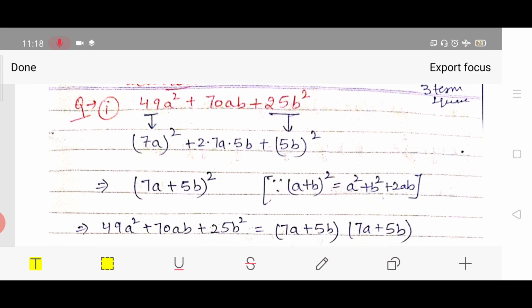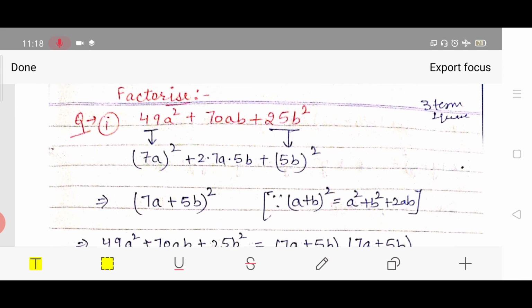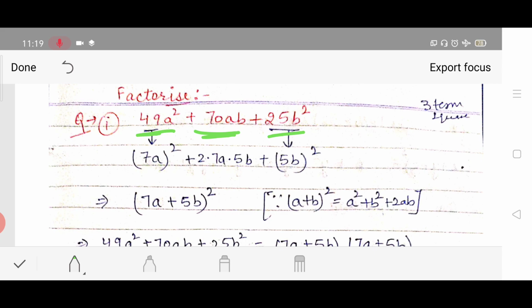The next question is, you have to factorize 49a square plus 70ab plus 25b square. What you can see here is that the first motive of the question is to recall which identity is suitable for it. From here you can see we are having 3 terms and 2 terms are square terms. You can also see that all the signs are addition signs. So let us